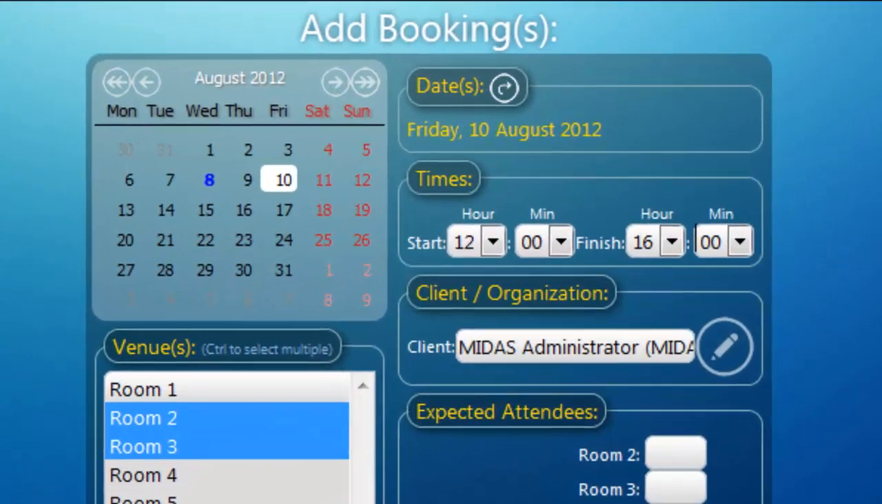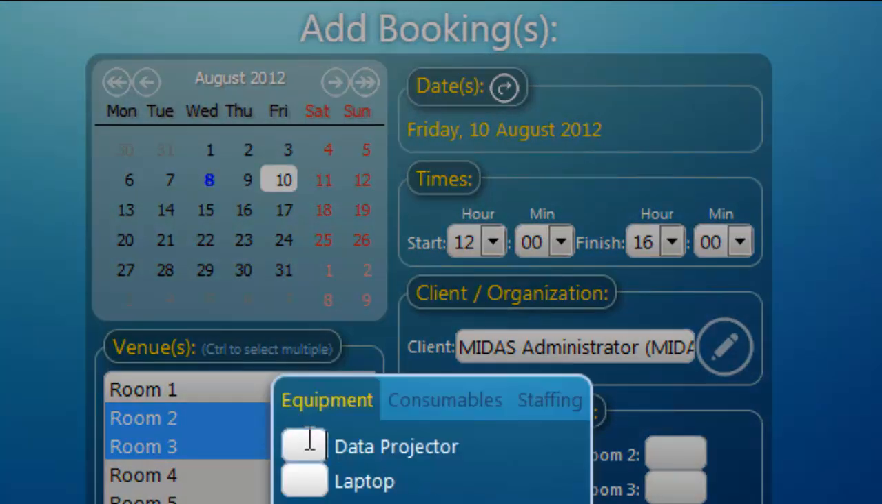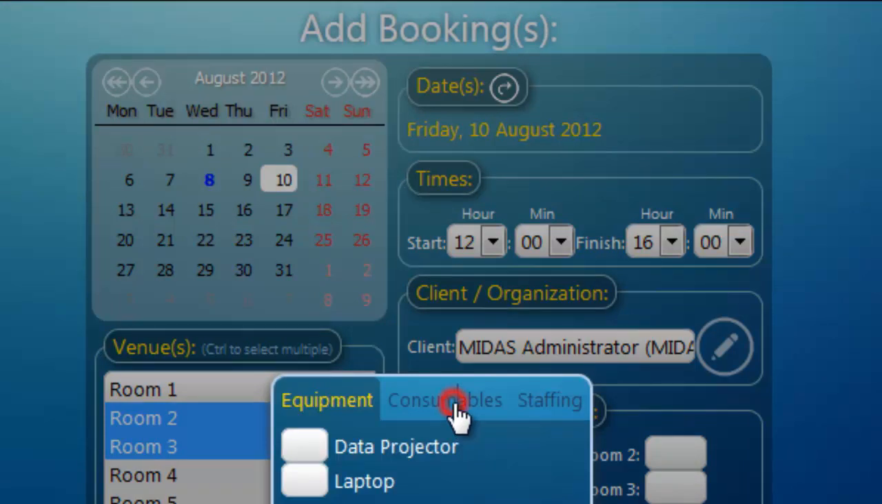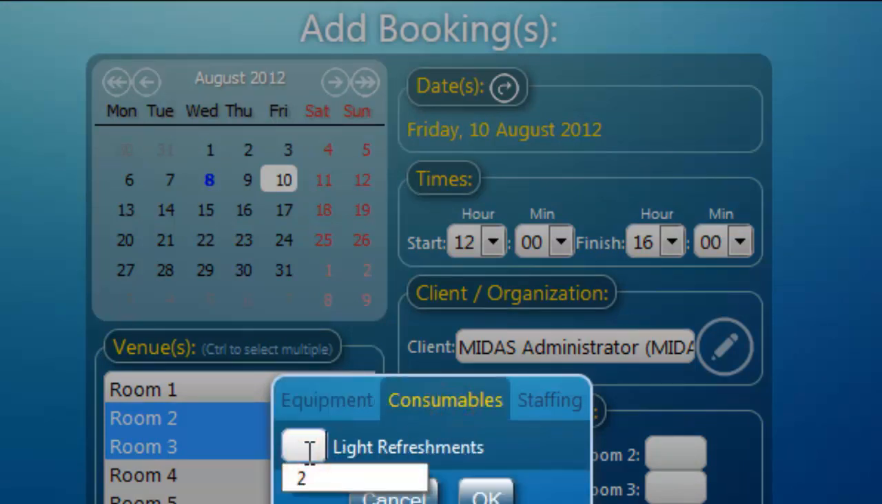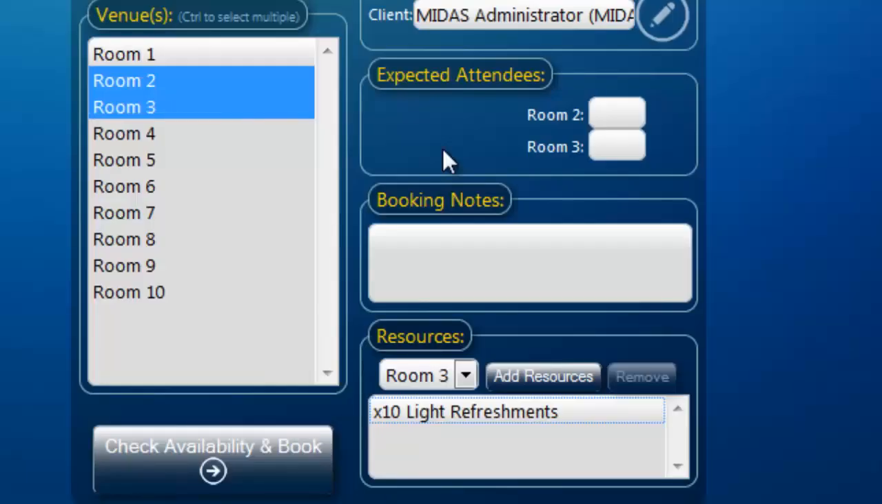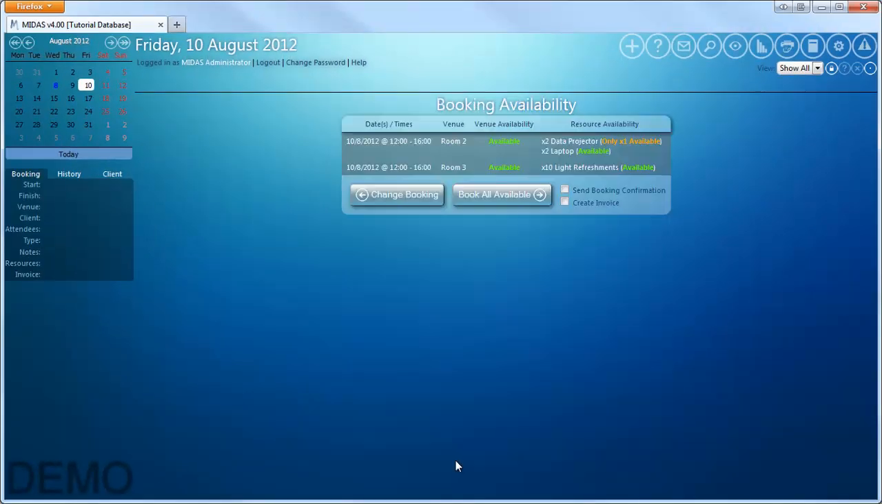And now the important field is this Resources field at the bottom. So to room 2, I'm going to add 2 data projectors and 2 laptops. Now, if you remember, I've only got 1 laptop available, so we'll see what happens when we try and add 2. So those are added to room 2. I'm going to add light refreshments for 10 people to room 3. Once I've done this, I'm going to click Check Availability and Book, and then we get results